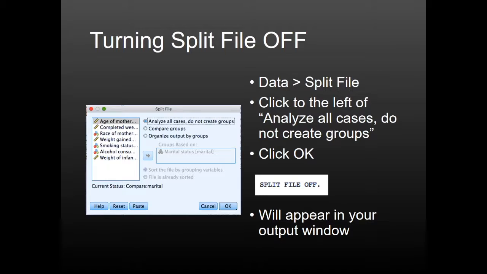Again, if you run an analysis split once and then following that you need the whole sample again, you need to go back and turn the split file off before you can run that next